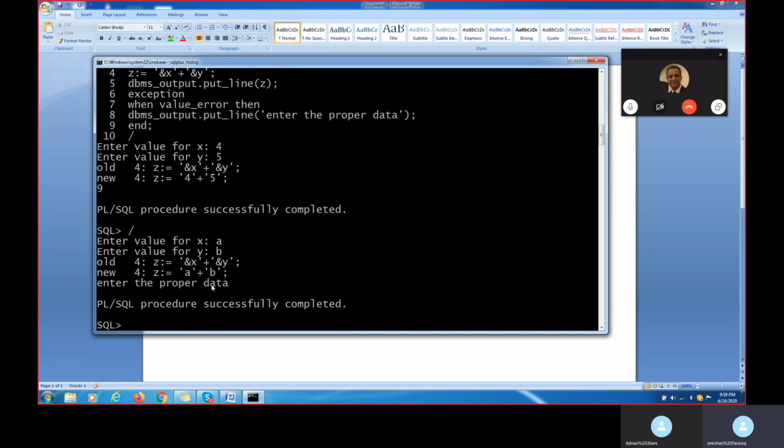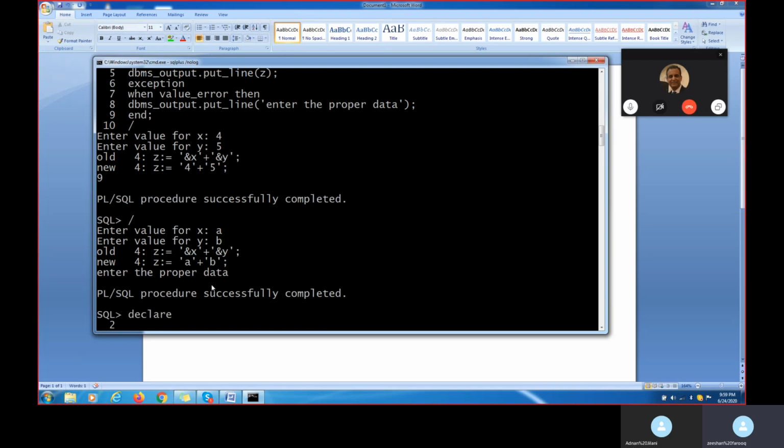One more example of VALUE_ERROR. There are three types of VALUE_ERROR examples. One we saw now: we entered an incorrect value and we got the output. For example, again I am declaring a variable. I am putting z, and then a varchar value. The last example we saw was about the number, right?